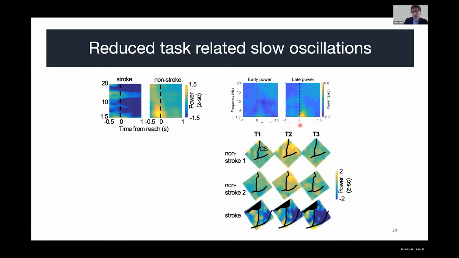And this is just another way of plotting the same thing, but this is our stroke subject, and this is roughly the central sulcus. And these are the 3 time points, T1, T2, T3, in relation to the movement. T1 is before movement, T2 is at the time of movement, and T3 is post the movement. So the stroke subject really did not have this low frequency power, whereas the non-stroke patients tended to have this power. So this, I think, was a nice concordance of showing that there is something very, very important. This LFO is across species. It seems to be subserving skills, and it seems to be important for your execution of motor skills.